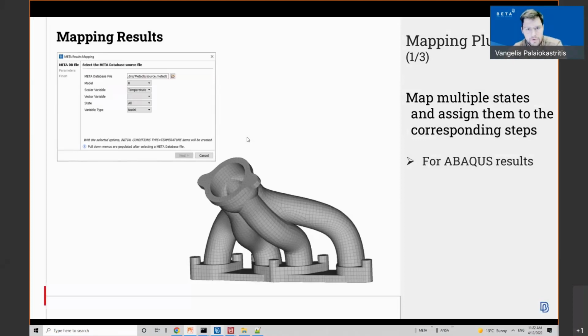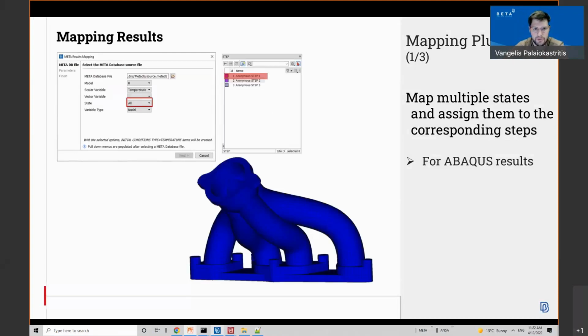Moving on to some enhancements regarding the meta results plugin. It is now possible to map multiple meta states and assign them to corresponding Abaqus steps.